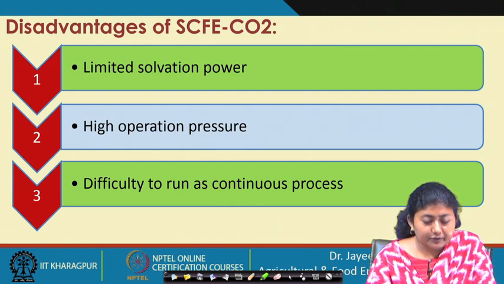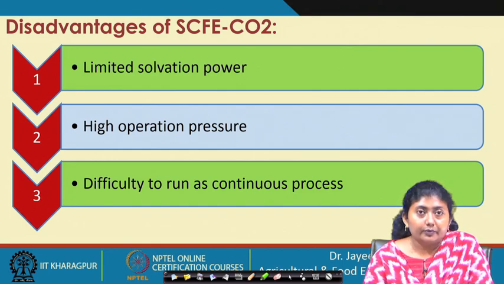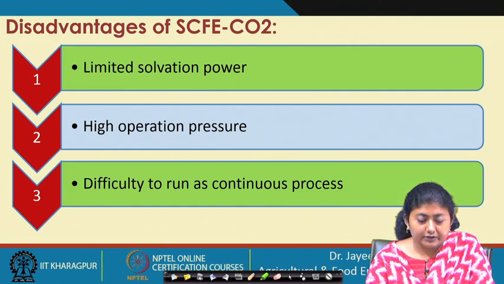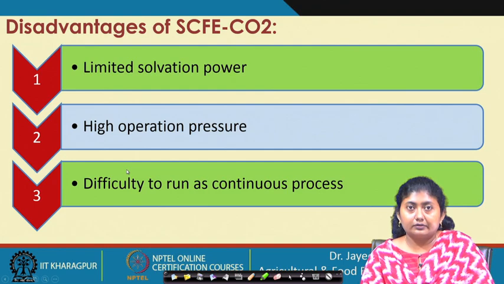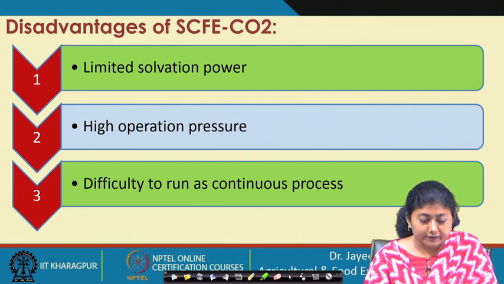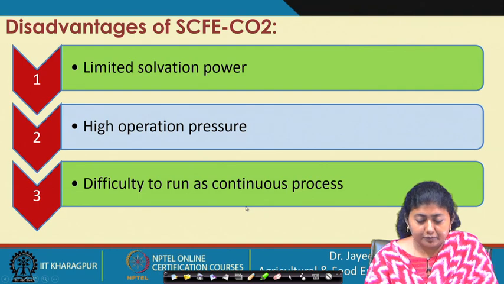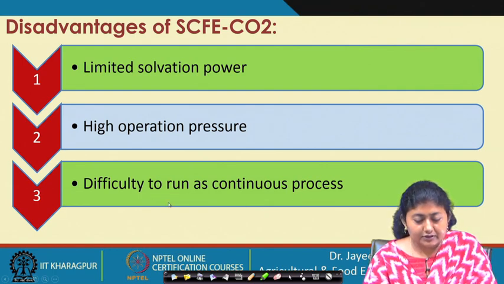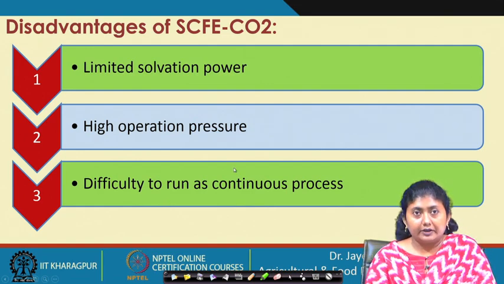And there is the higher operating pressure. Pressure is definitely one thing for which we need to design a proper system, and for that the mechanical arrangements and equipment will increase, and the cost will also increase, because initially you have to have a very huge setup for all this pressure increase. So, the initial cost will be very high, and it is difficult to run as a continuous process, and we need to look for more advancement in that.